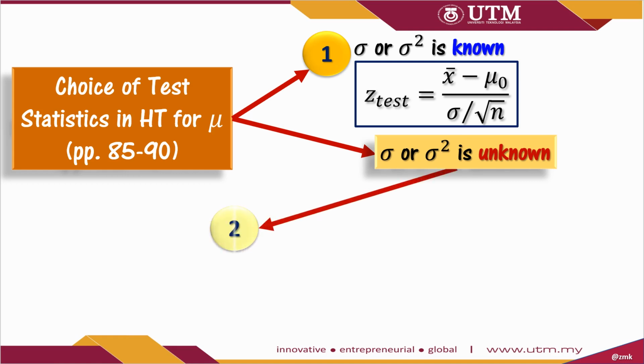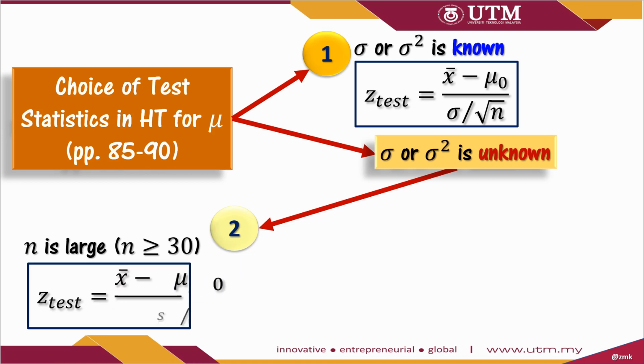We have the second case, if the sample size n is large, where we can still use a z-test defined as follows. Z-test is equal to x bar minus mu naught divided by s over the square root of the sample size n, where s is the sample standard deviation